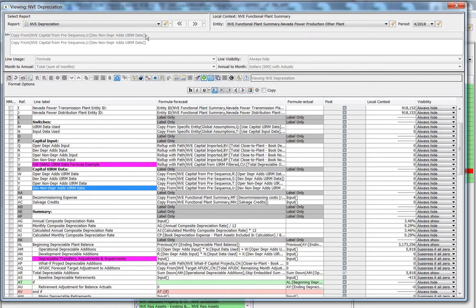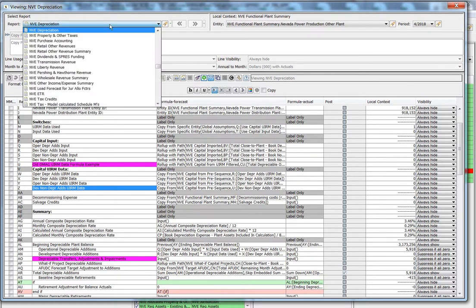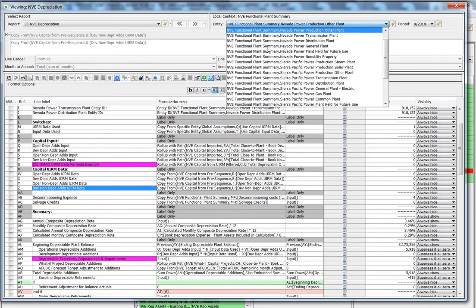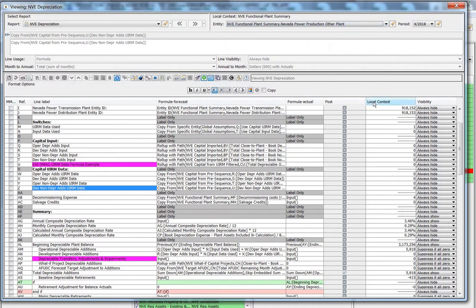Obviously it tells you what report you're in. You can also change this if you want within this screen. It also tells you what entity you're rolling over. And the reason why that's important is because if you have this column called local context, and if the model